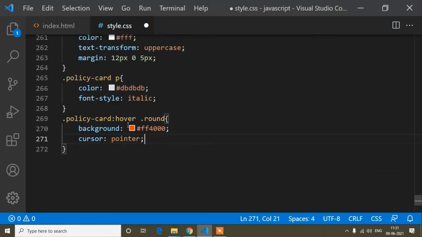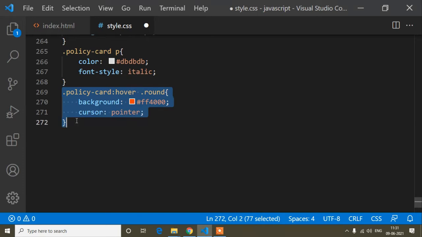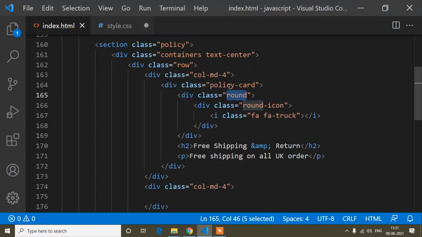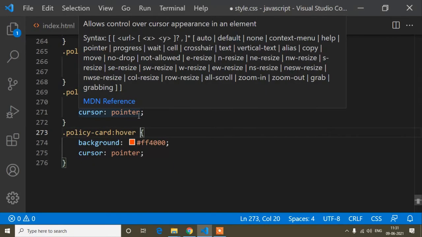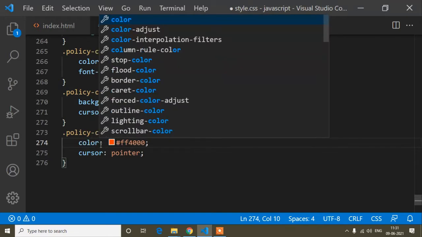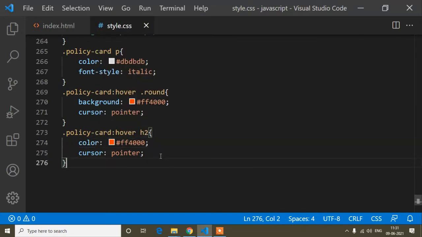And now the same thing I will copy and paste, but instead of round, when I hover on this policy card, that time I will change the color for this h2 tag. So instead of round, here I will write h2 tag, and here I will not change the background color, I will change the color. Okay, and the cursor will be the same pointer.